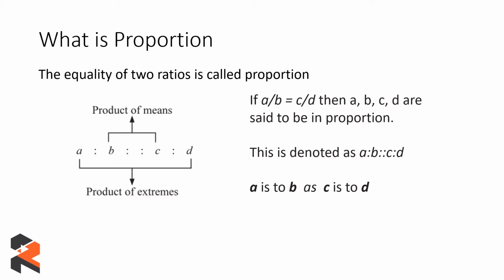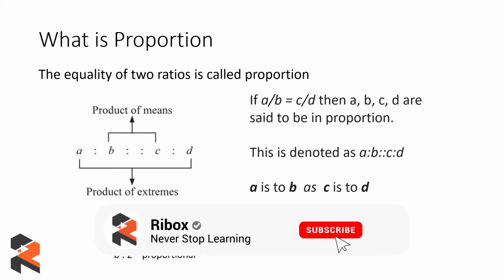So consider you are given A, B, and C, and you have to find D. Consider you have been given A, C, and D, and you have to find B. So that is the relation which you should understand to find out the values of A, B, C, and D if required. So as I said, this is pronounced as A is to B, as C is to D, and each term is called a proportional.